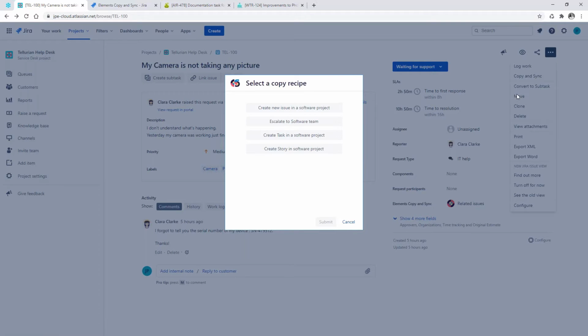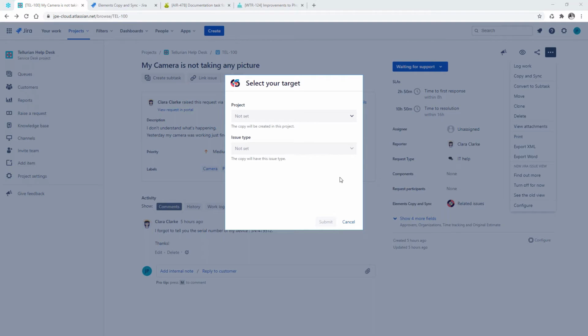For now, I'm only going to show you the results of these recipes, but we will get to the actual configuration a little bit later in the webinar. As you can see, I've created several recipes here, each one used for a different purpose. And if I hover over each one of these buttons, you can see that a short description is displayed, which explains the goal of the recipe. So I'm going to select the first one and click on Next.